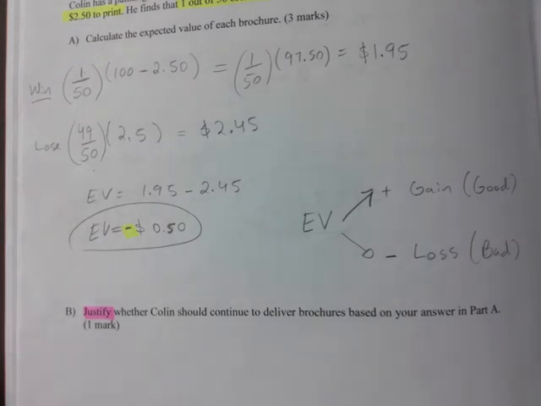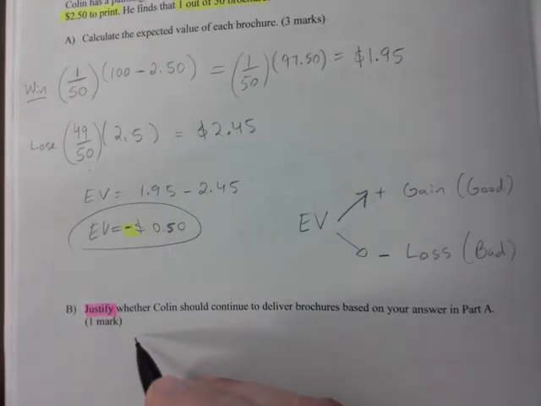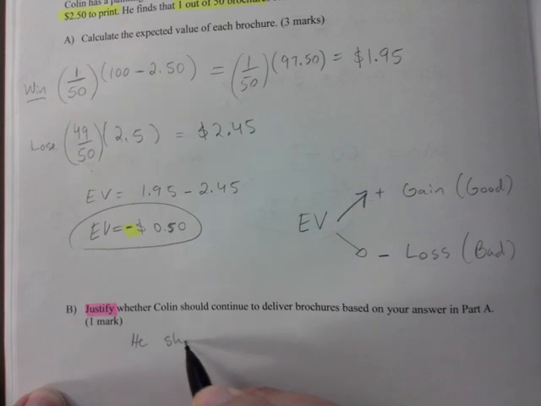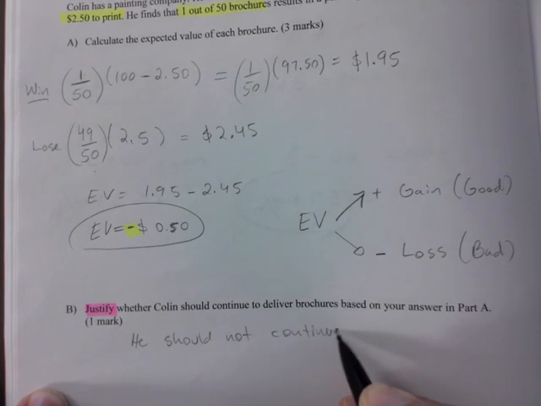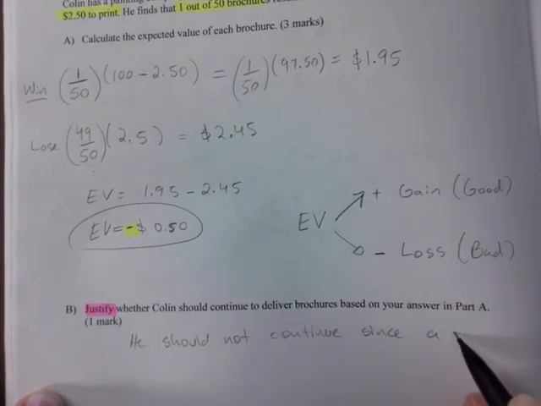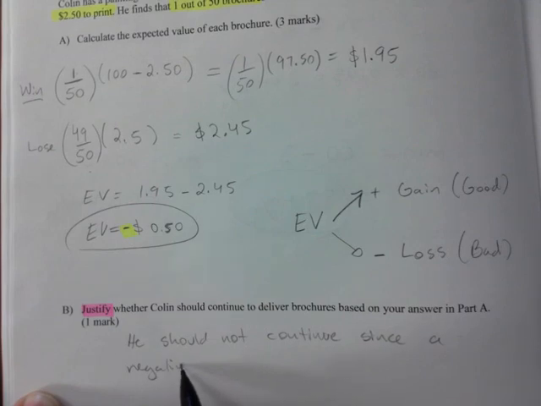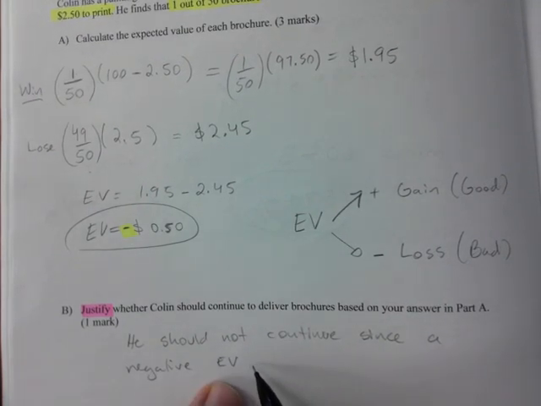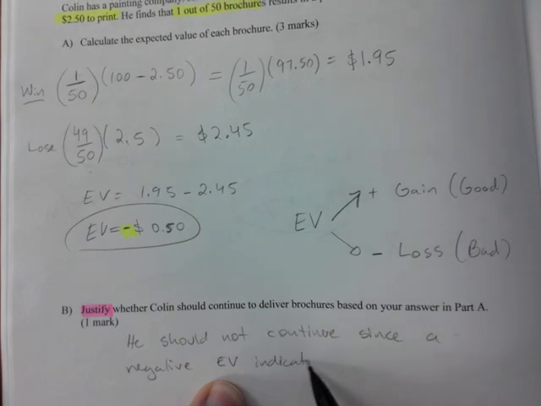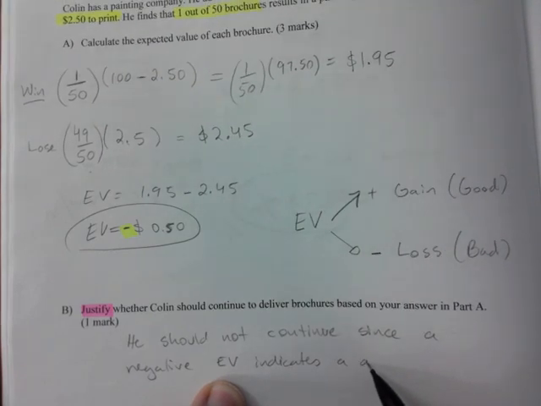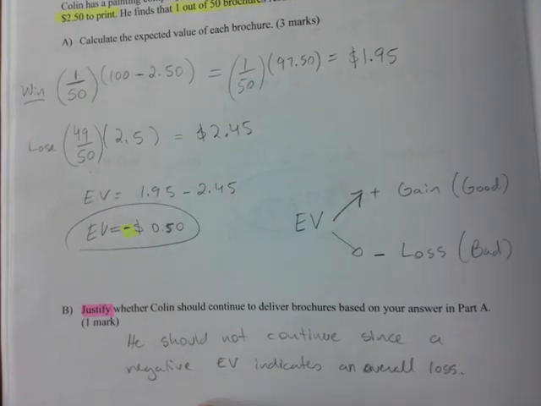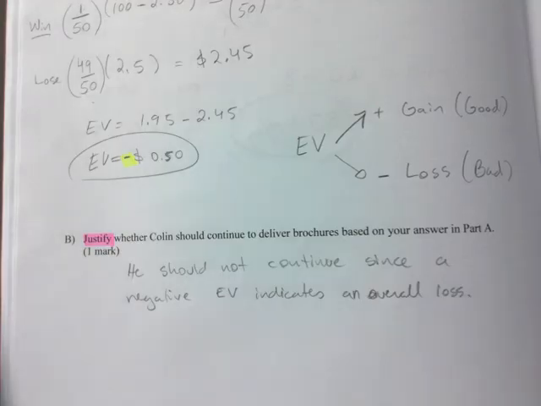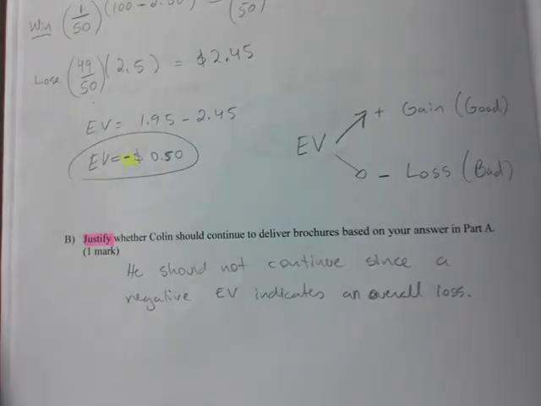Justify whether Collins should continue to deliver brochures based on your answer in part A, and you would say he should not continue since a negative expected value indicates an overall loss. Yes. So overall, even if you win a few times, even if some people call you, you're gonna lose